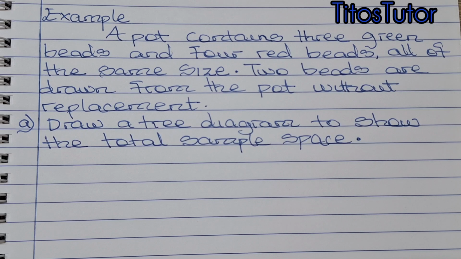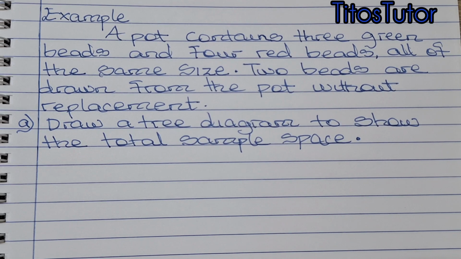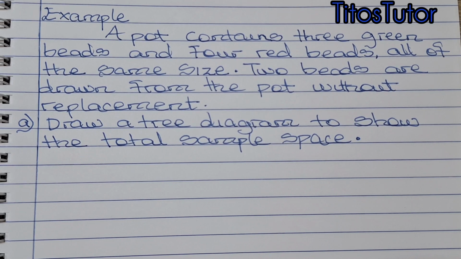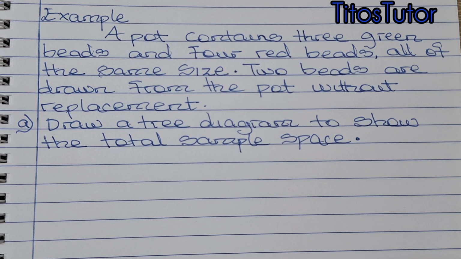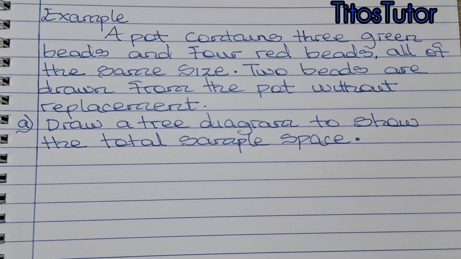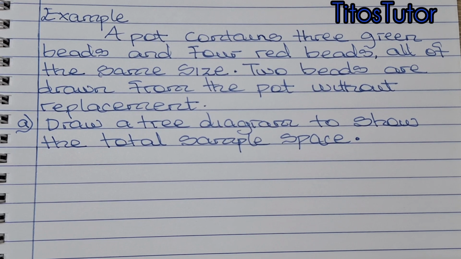Now, remember that it is 2 beads that were drawn. And also remember that whenever you pick 1 bead, you don't replace it. So your sample space will change from 7 to 6 each time you pick a bead. So let's see how to draw the tree diagram of this example. First, you will note that your choices are 2. You have the first choice and you have the second choice because it was 2 beads that were drawn from